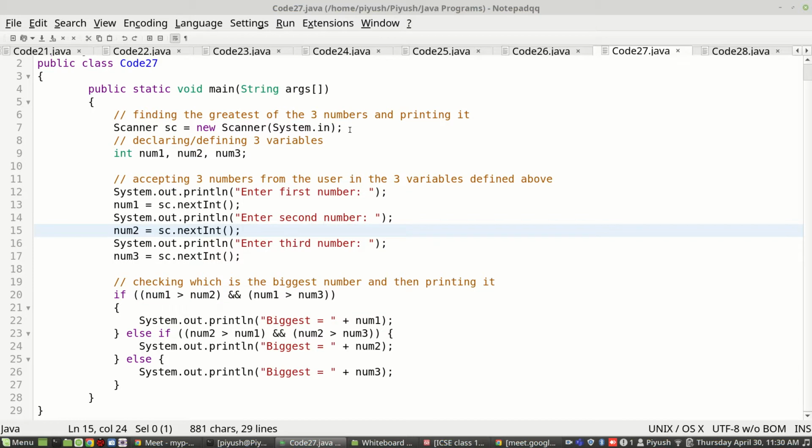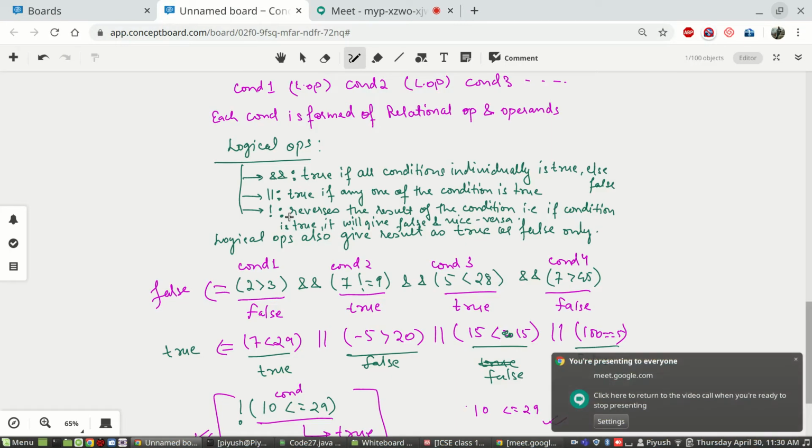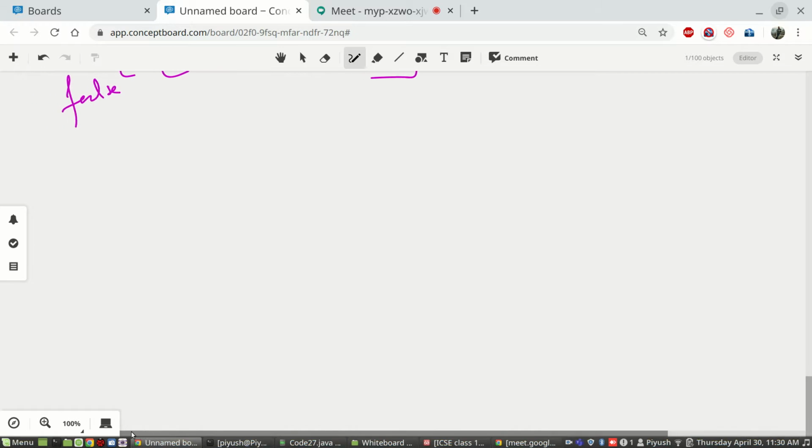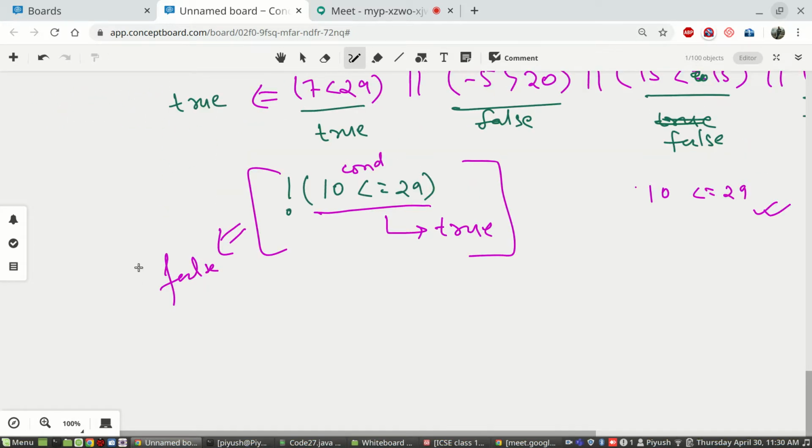That means if the user enters 10, 20, let's say, the greatest or biggest, whatever you say, among three numbers entered by the user.